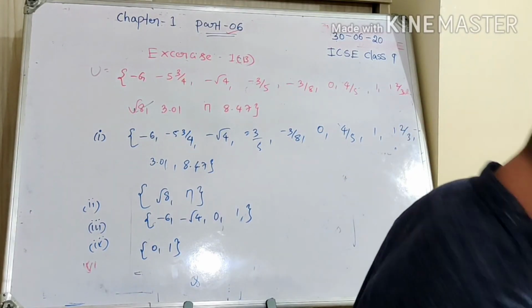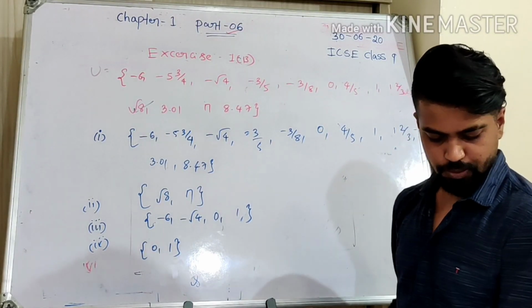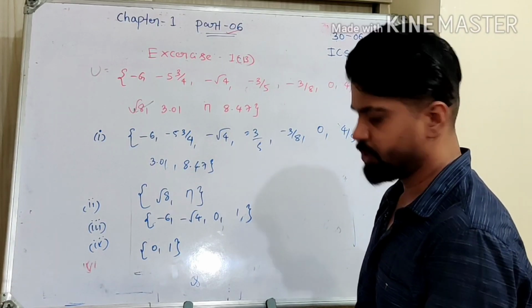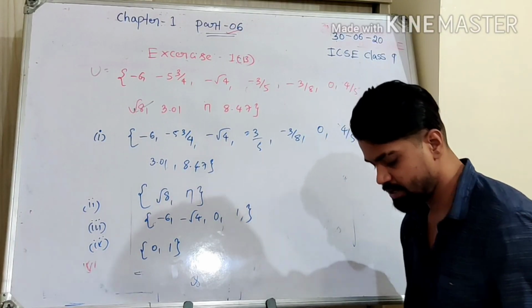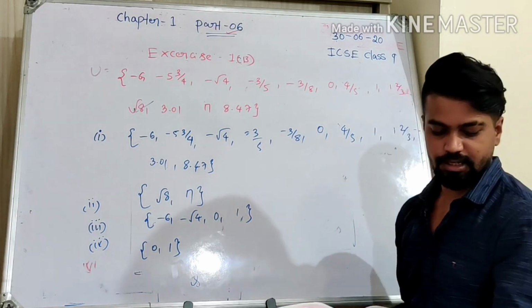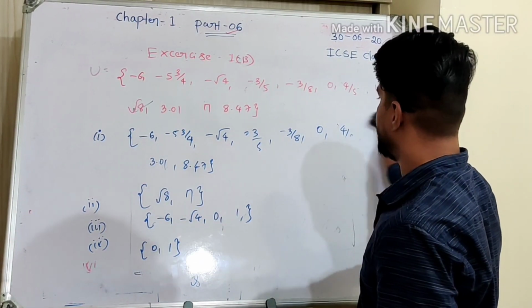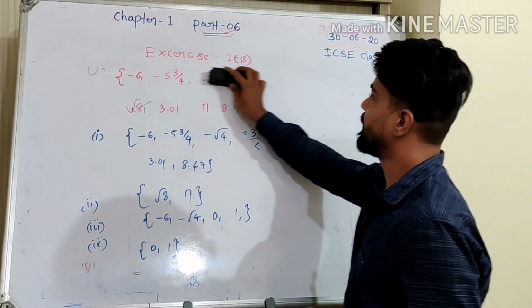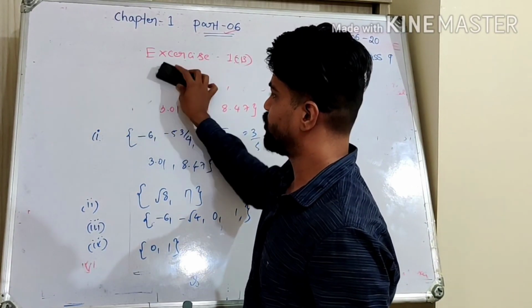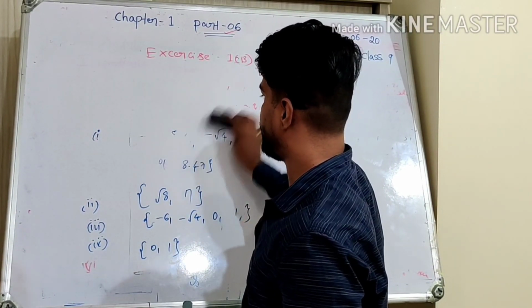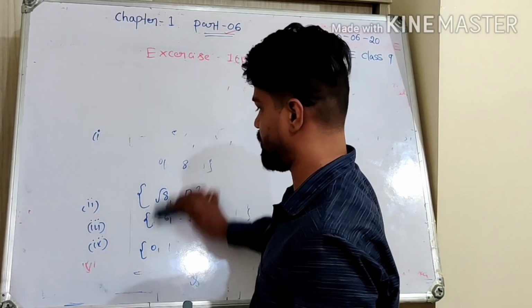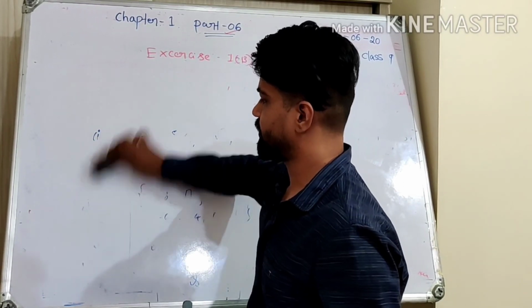5th one, I'm leaving it to you. Why am I leaving it to you? Because you know how to do it. Representing the irrational numbers and rational numbers on the number line. So this we have done already. In the examples, we have done too many examples. So question number 5 is going to be your problem. So your assignment.